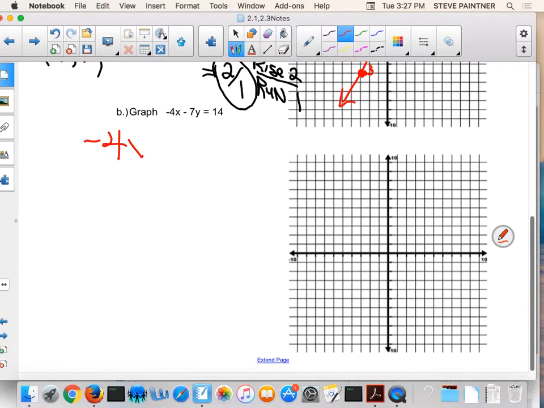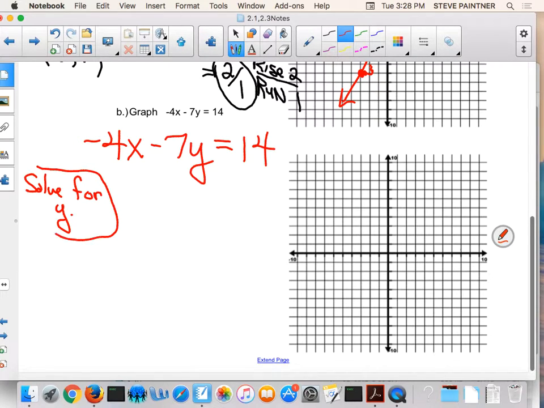Let's do this one. I'm going to rewrite it so it's a little bigger. Okay? Solve for y. That would be the first thing. Get it in slope-intercept form. So that would mean move the x term over with the 14. To move the x term over, it's negative 4x, so the opposite of minus 4x would be plus 4x. Now these two numbers, negative 4x and positive 4x, are opposite numbers. When you add them, you get 0. But you have to add 4x over here. So all that's left is negative 7y